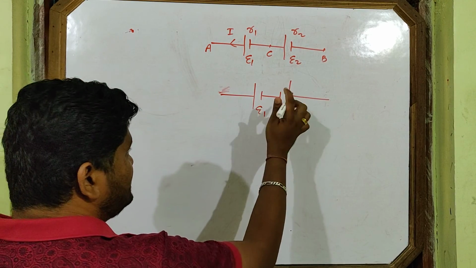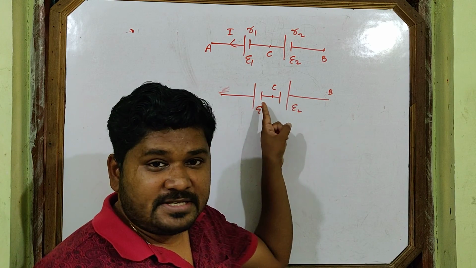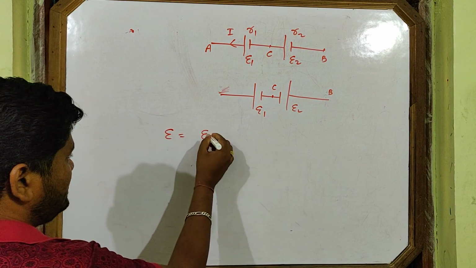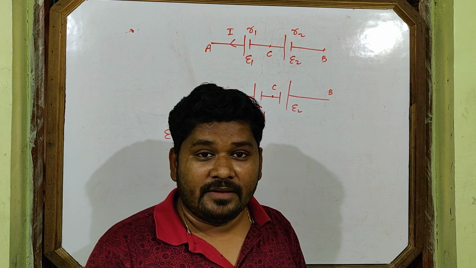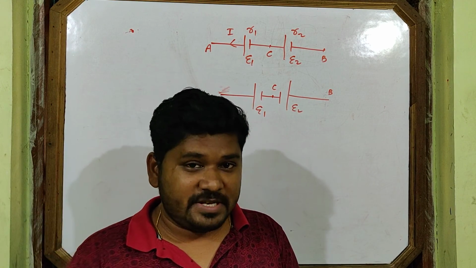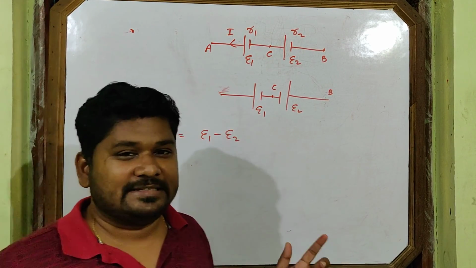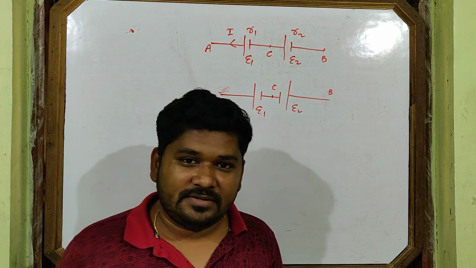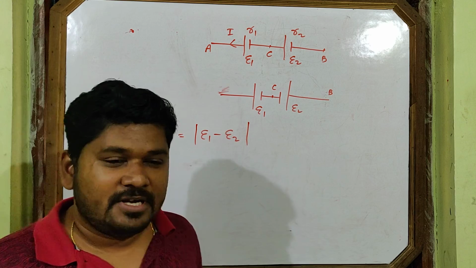So what happens here when you write, if this is point C and this is point B, the potential will be VC minus VB, because the B potential will be higher here. But here net EMF will be E1 minus E2. Then the question you may ask is, sir, why E1 minus E2? Why not E2 minus E1? This type of question may come to your brain. Actually, it is higher minus lower, not exactly E1 minus E2 or E2 minus E1. Or you take the mod, problem over. E1 minus E2 mod. So net EMF will be this much.